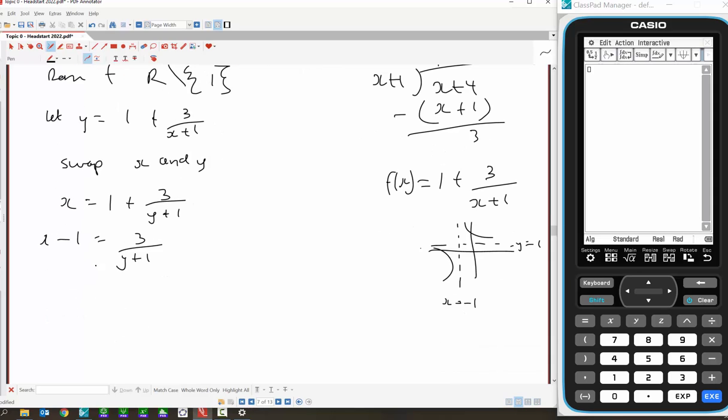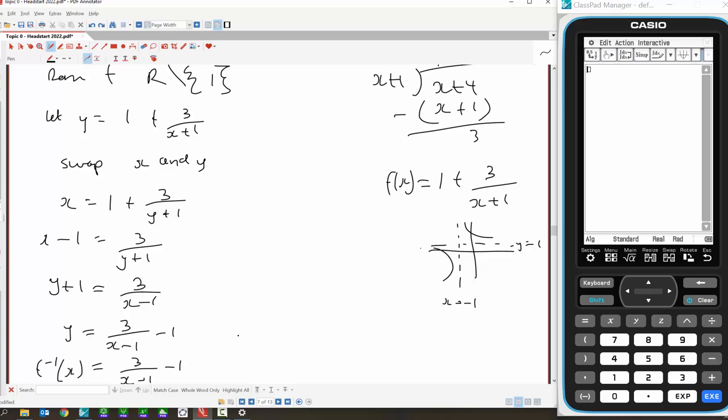Multiply and divide. y plus 1 equals 3 over x take 1. y equals 3 over x take 1, take 1. Okay, so f negative 1 of x equals 3 over x take 1,